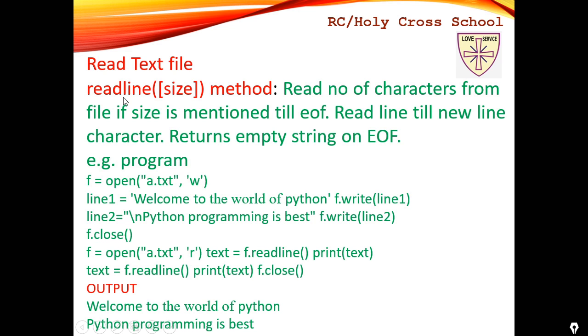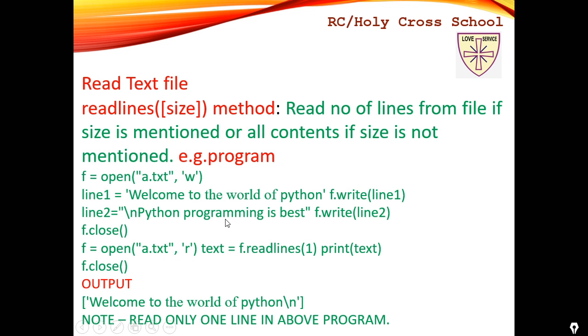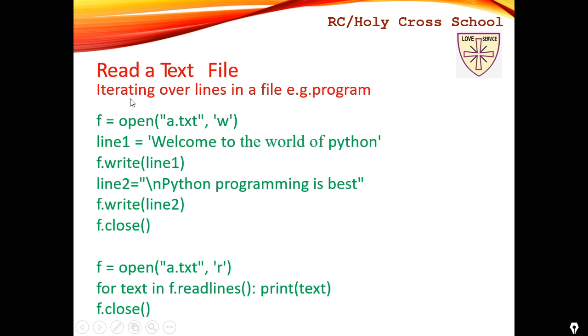Okay, here you see how to read a file. We have opened a file in text mode, then I have written two lines here. This program I'm going to show you in Python, so you can take some time and read all this. Then again you see here it is opened in write mode. Here you see, read the number of lines, how many lines are there. So here you see f dot read line 1, how many lines are there in the above program, that is mentioned here. Then again you see printing lines in a file program.